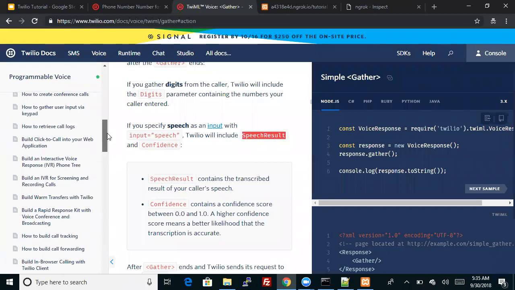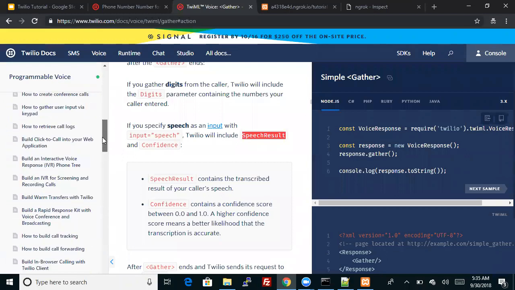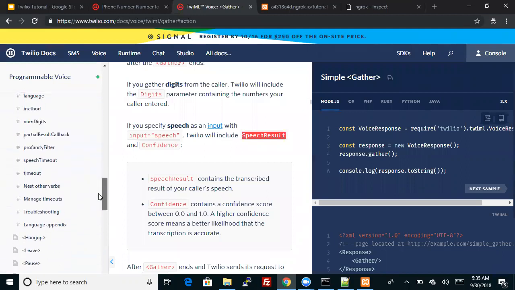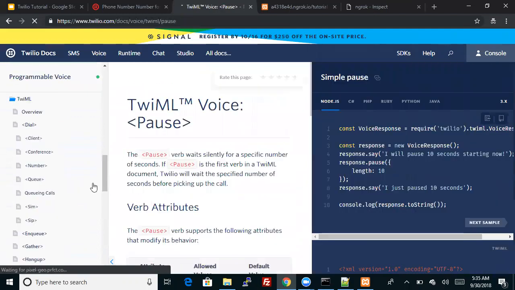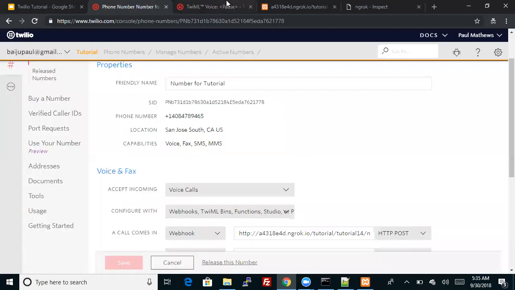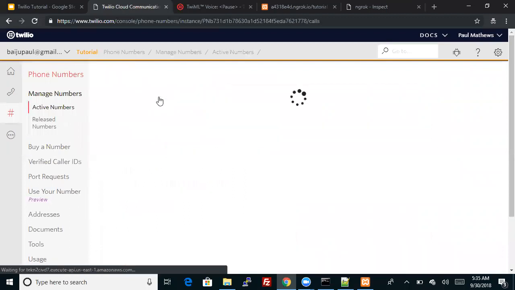So if we look at Twilio, there is pause. Pause should be somewhere here. There is pause, and this pause verb will default to 1 second. So we just added a 1 second pause between the statements. Then let's look at the output and see how Twilio passed on the